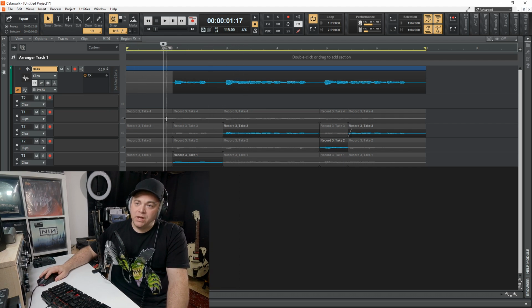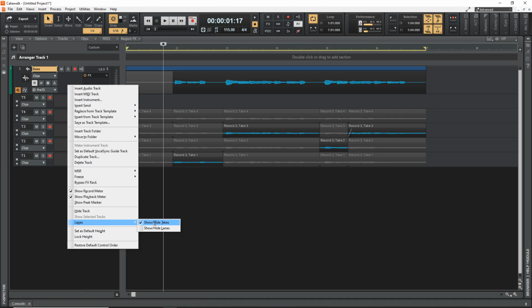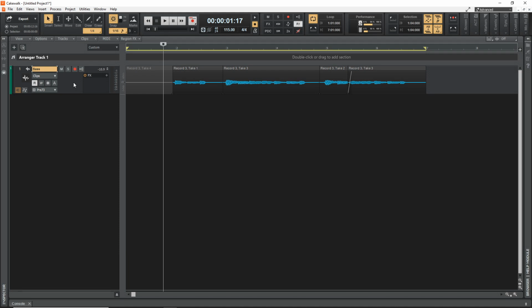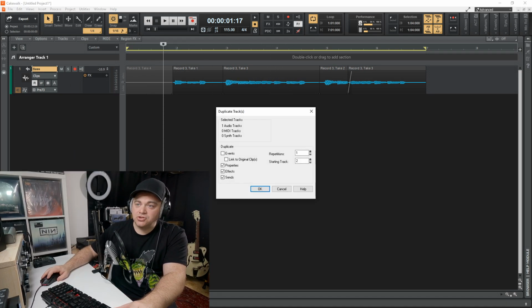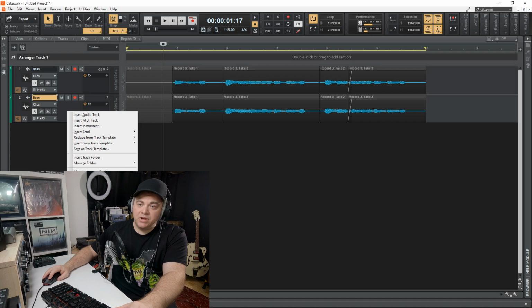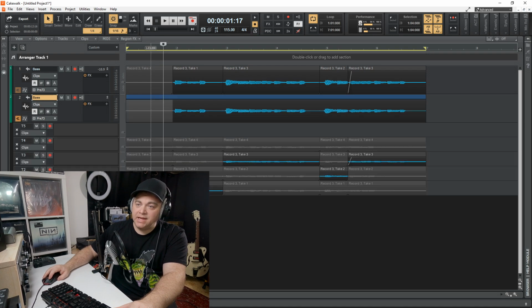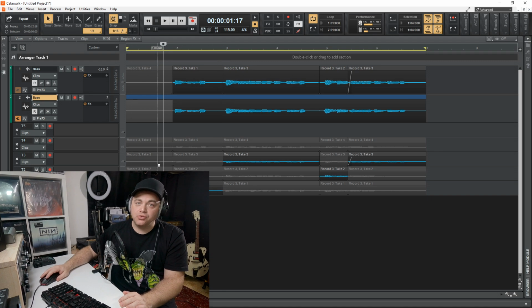Now, if you want to get rid of these so you don't see them anymore, you could just right-click, go to Lanes, click on that again, and it hides them. We could also duplicate this track if we wanted. So we'll go to duplicate track, and we want to click on events, then click OK. And you'll see that we've copied all of those lanes or takes down here, and we could make another composite track if we wanted. And then you could A/B them, or maybe you want to create a harmony.